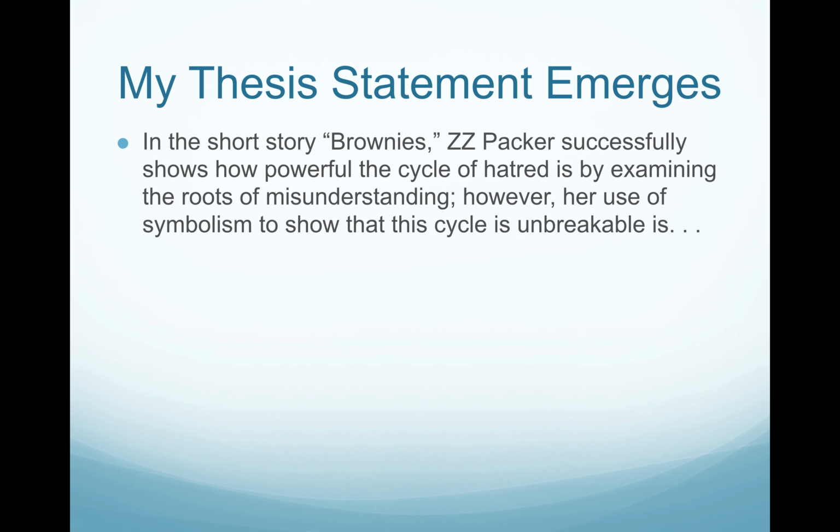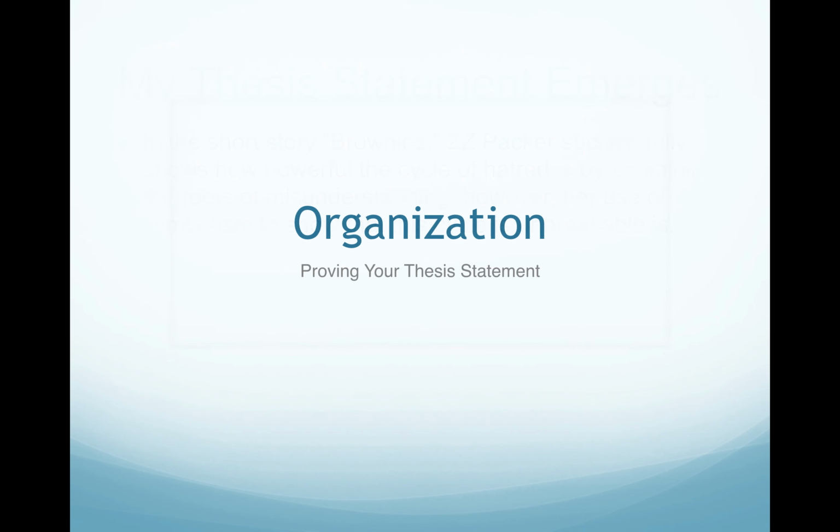So my thesis eventually could look something like this. In the short story Brownies, ZZ Packer successfully shows how powerful the cycle of hatred is by examining the roots of misunderstanding. However, her use of symbolism to show that this cycle is unbreakable is... So you can see here I've noted some strengths and some weaknesses in 2 ways that she develops her argument. And I've identified what her argument is, that the cycle of hatred is powerful but not unbreakable. So to prove